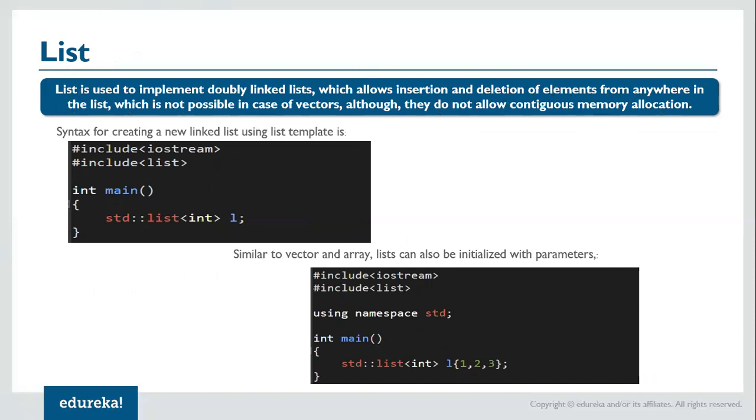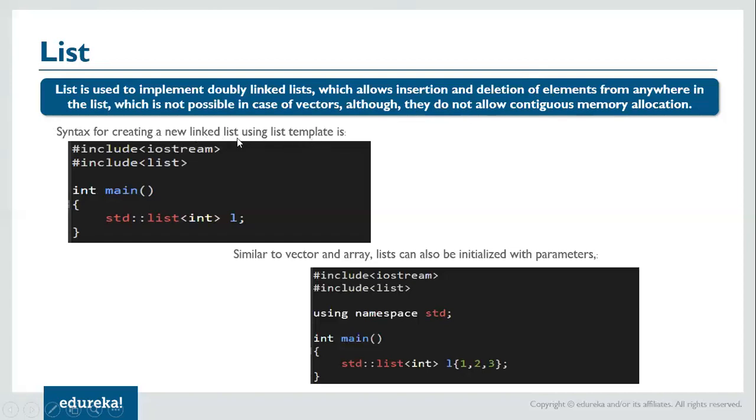Now doubly linked lists have pointers. So when you insert an element in a list, actual insertion and deletion does not happen, but a pointer is readjusted, and therefore the insertion and deletion is very fast. I mean, inserting or deleting an element does not actually move elements in the list, but pointers are repointed to the new elements and adjusted accordingly, and this operation happens very fast, and therefore insertion and deletion in the list is very fast.